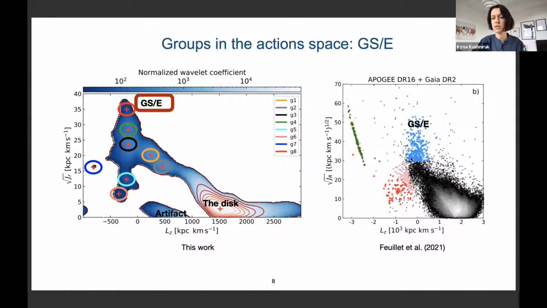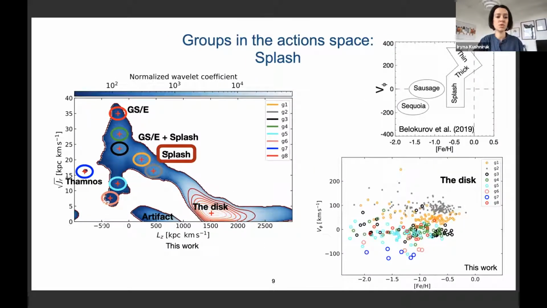I provide a comparison plot from the Feuillet et al. paper, and it shows that stars above 30 in JR are usually associated with Gaia sausage Enceladus, and we also get a peak above 30, and that's the pure Gaia Enceladus sausage population. If we move on to the splash,